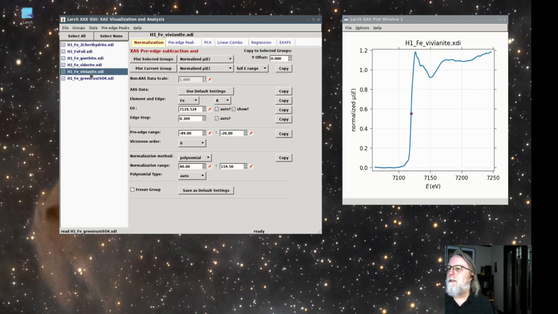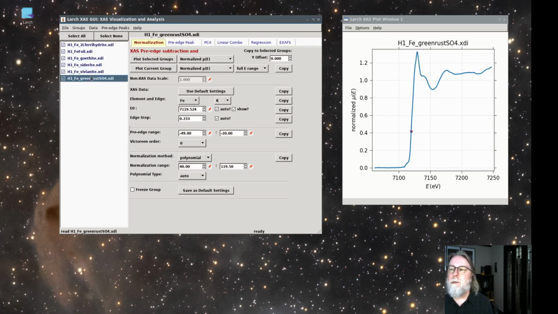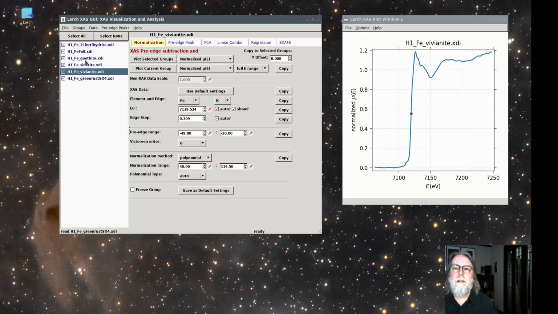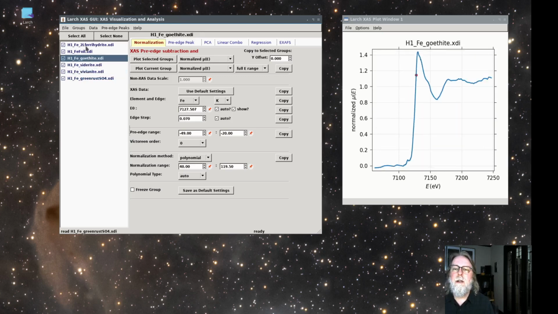geochemical environments. We don't need to go into much detail of what they are or how they work, but one of the common things that you might want to say is, can we get an experimental spectrum and see if it's a linear mixture of these? So let's test that by making a combination of spectra with known mixtures and see if we get the right answer. To do that, I'm going to use the add or subtract spectra